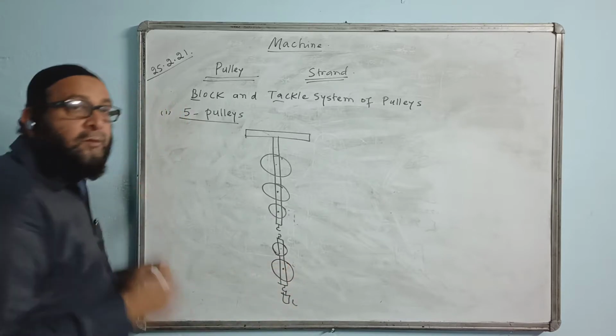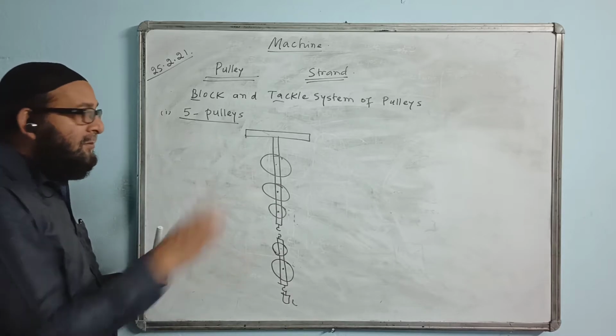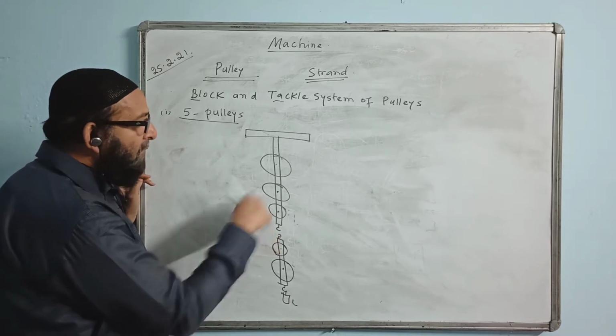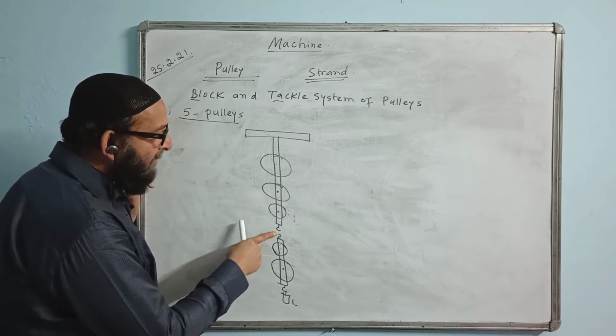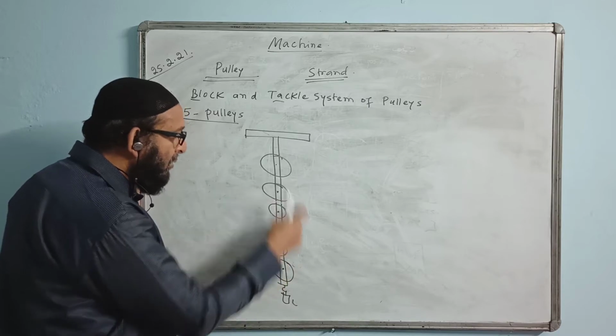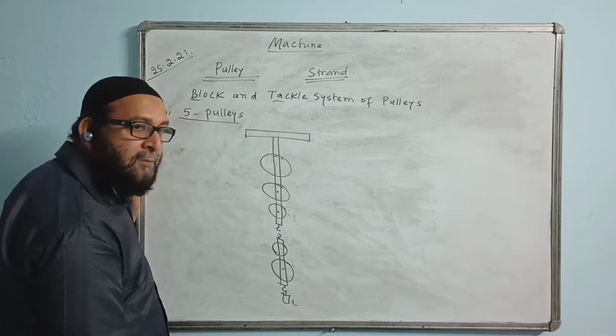Now we have to connect the strand. We have to tackle all the pulleys with that strand only. All the pulleys must rotate, so you have to keep one round over each pulley. If we start from the lower hook, we can have a look at it. The strand starts from the lower hook this way, one round like this, another round like this, and then the effort comes in the downward direction. That is fine.